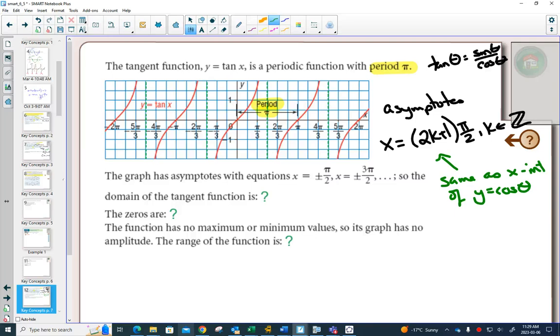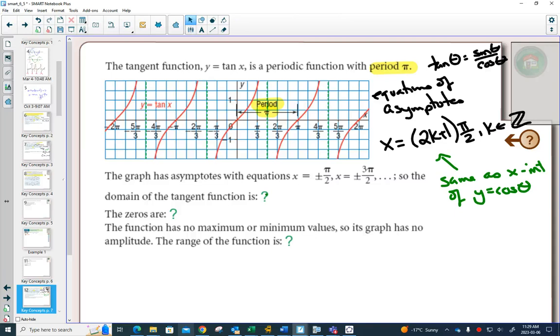When we write equations, and maybe I should write this, the equations of the asymptotes, it's always an equal sign for an equation. That's the definition of all the dotted lines. They're going to be x equals. Now, when we get to the domain,